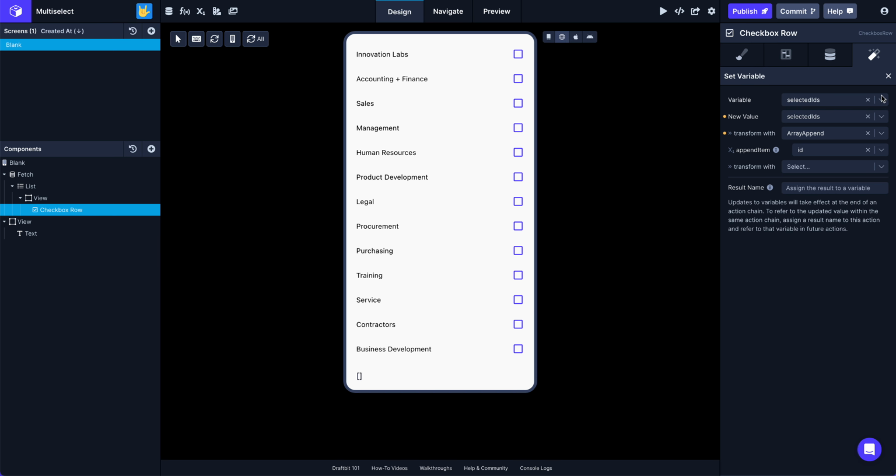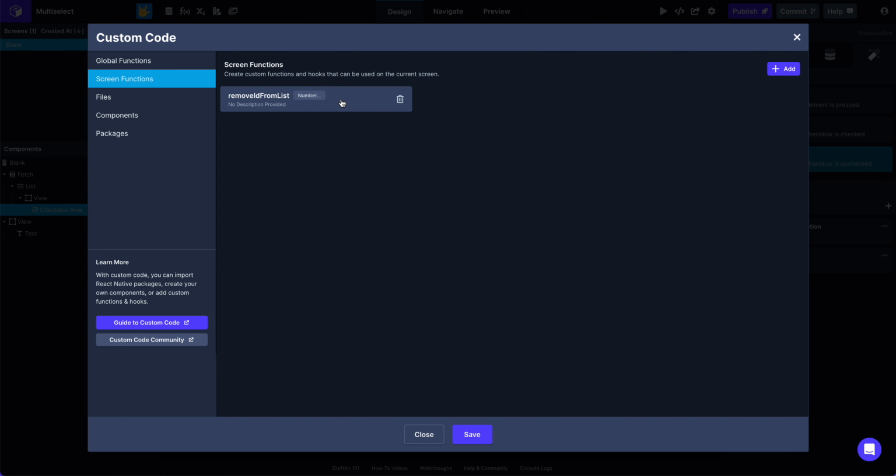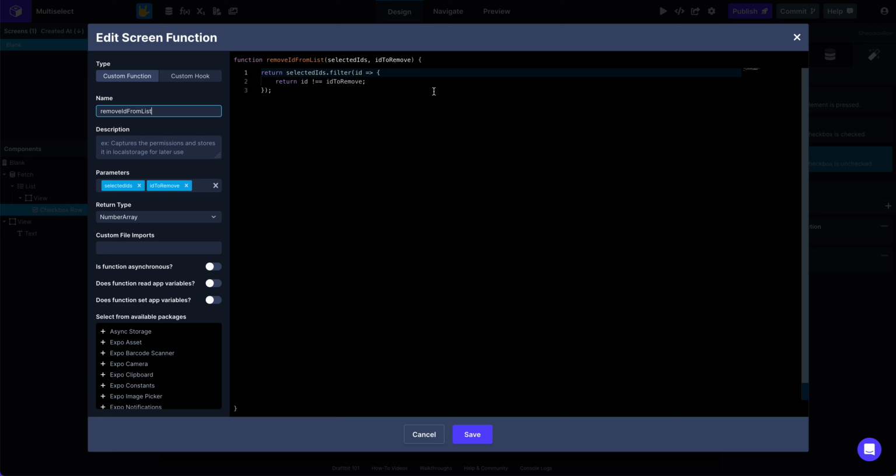Okay, so that's the first half of it, right? We've got the IDs populating into an array, which obviously you can then post to your backend. And then on uncheck, this is the only place that we need some custom code to actually remove the item from the list. So I have a function here, just a simple function to remove ID from the list,